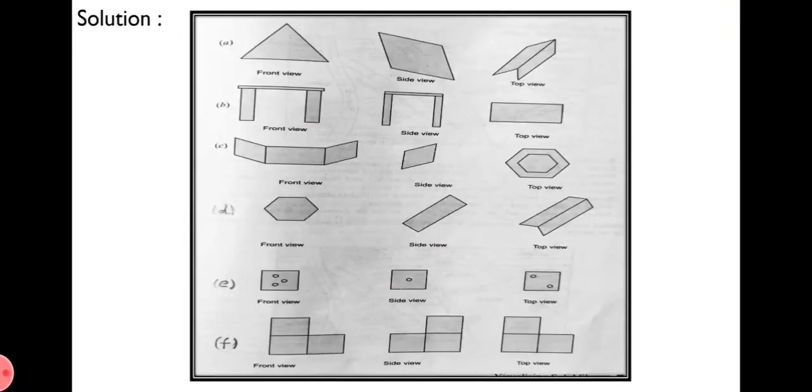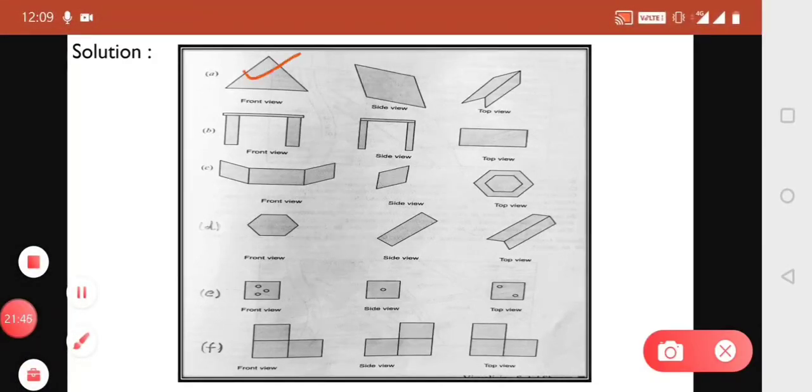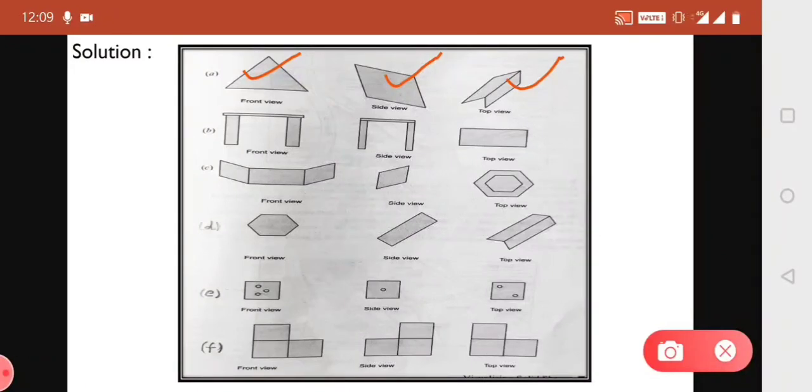If we look from the front side, you can see the tent's triangular part only. So we have drawn a triangle. When you look from the side, that is the side view, you can see only a rectangular shape, which you can draw as a parallelogram. Here this is your triangular part, that is the front view. Your rectangular part, in the shape of a parallelogram, is your side view. And for the top view, you can draw the roof. You can draw two slanting parallelograms, that is your top view.